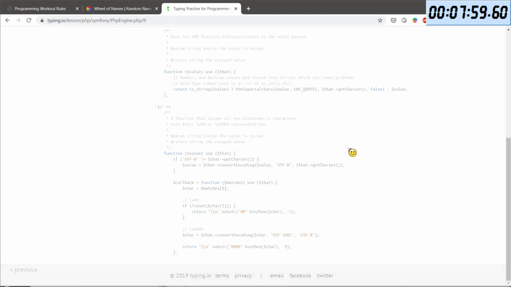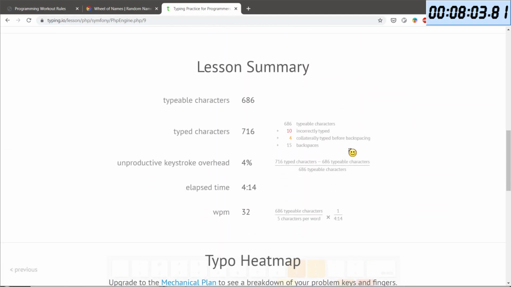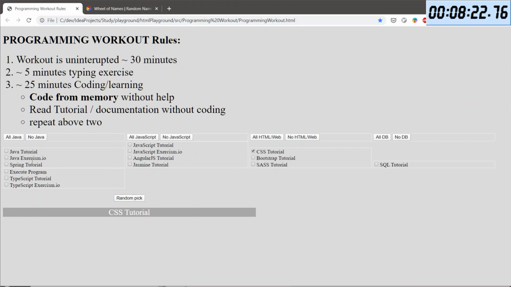All right. 4%. That is good. That's the main metric for me. The 32 is not the best, but this is the main thing. Okay. So we have done that, and now